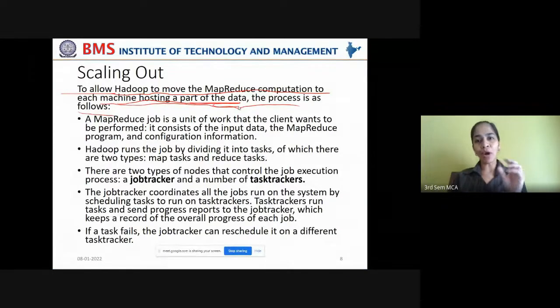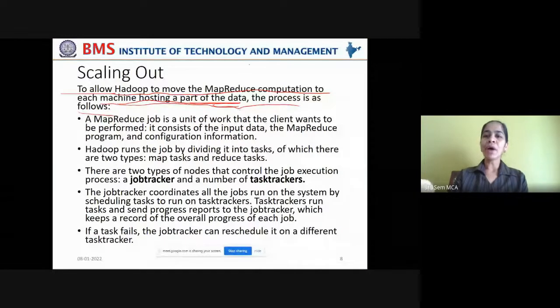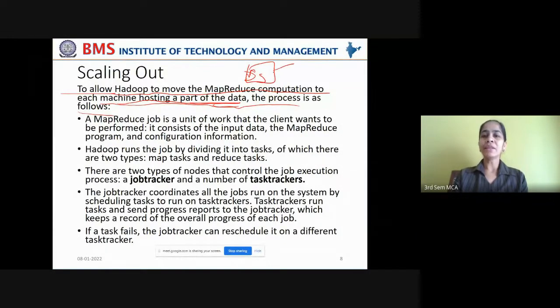Now, in order to process that data existing on various data nodes, you have to pass the computation to all the data nodes, right? If you have a data set, this data set is fragmented and distributed onto multiple data nodes.